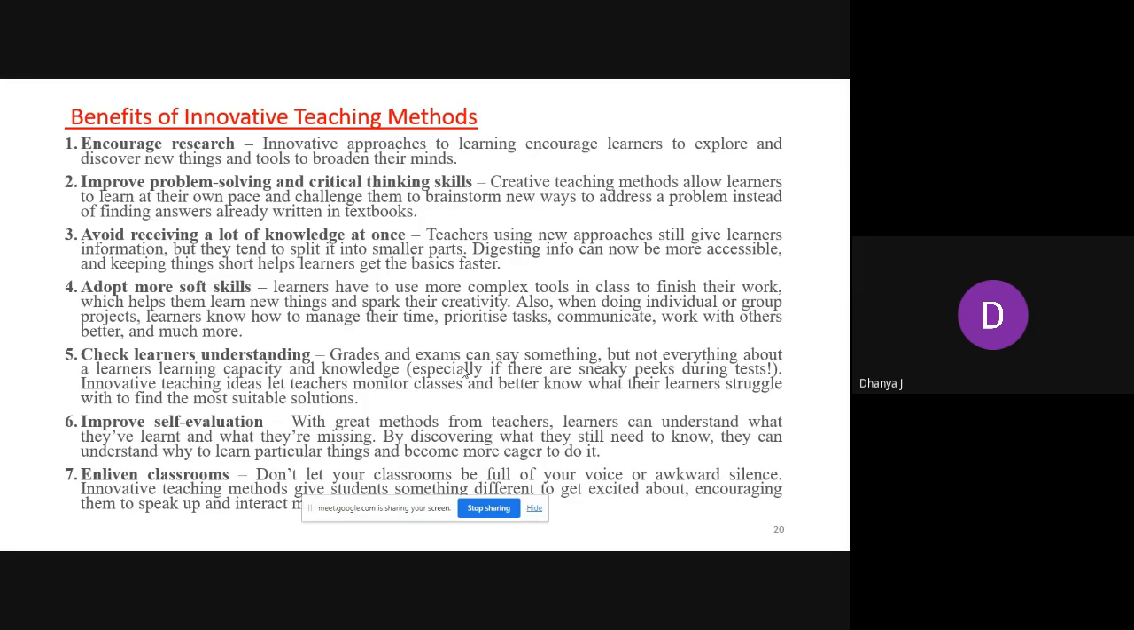And the next point is that it will improve problem solving and critical thinking skills in the learners. That is, creative teaching methods, as I already discussed in previous slides. If we approach that, what will it allow? It will allow learners to learn at their own pace, and they can approach critical thinking skills. So it will avoid receiving a lot of knowledge at a time. That means according to the particular pace of the learner, they can opt for the particular study, adopt more soft